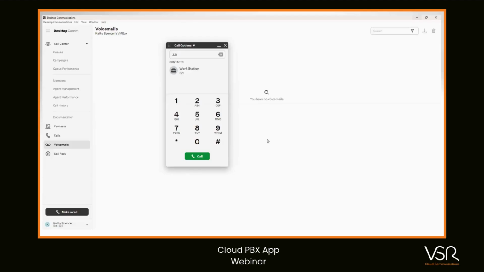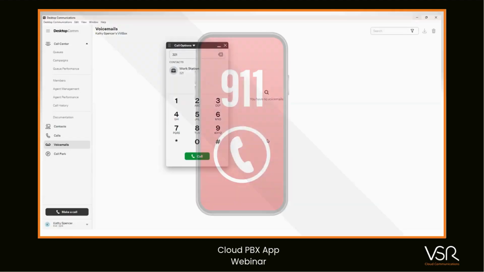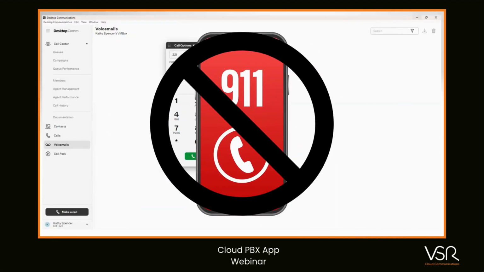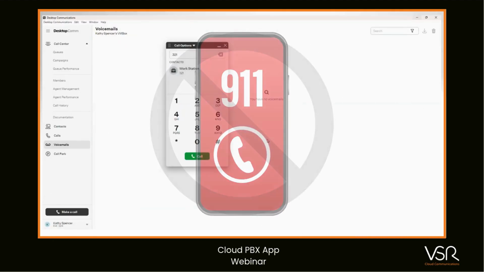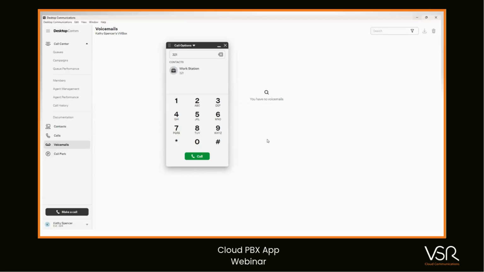The one thing that you do have to be aware of is that you should not be using this to dial 911. Let's say you're in Puerto Rico for the holiday weekend and you're using the mobile app because you're receiving phone calls. Don't dial 911 from it expecting them to come to you. They're going to come to where your phone is registered to in the United States. That is the only caution that we have. If you do make a 911 phone call, you need to be able to tell them where you're at because